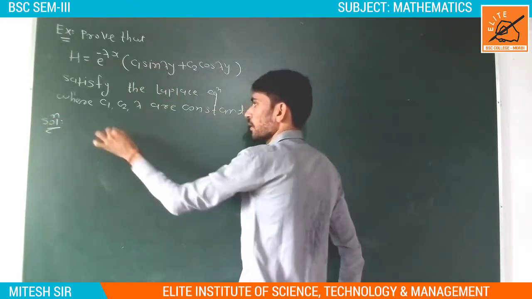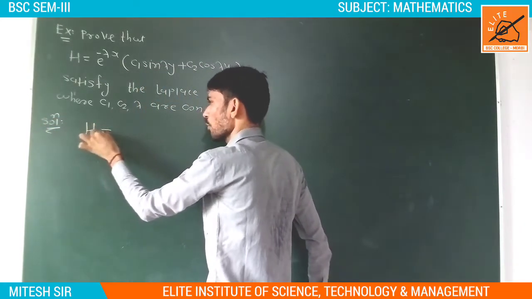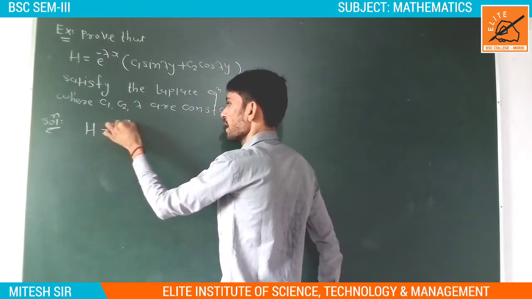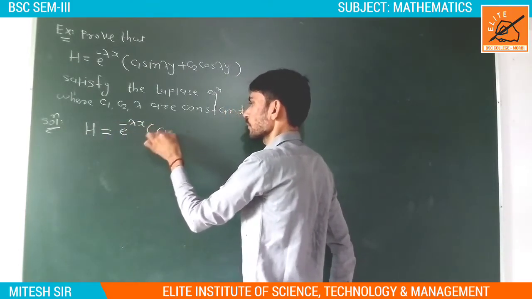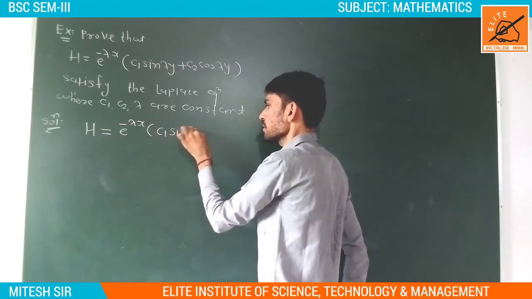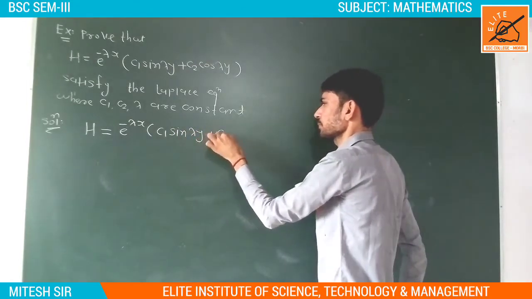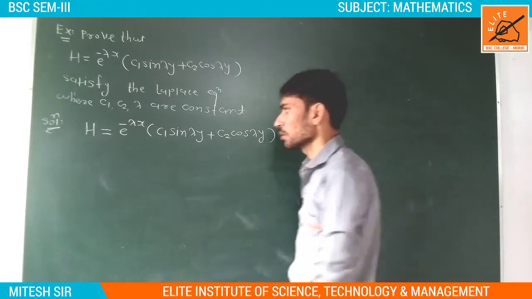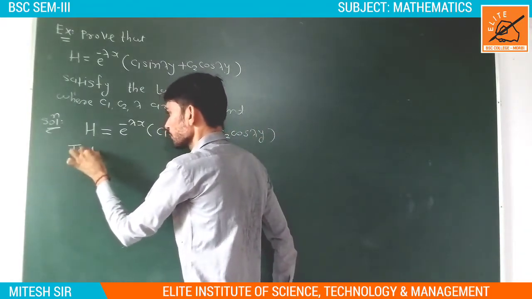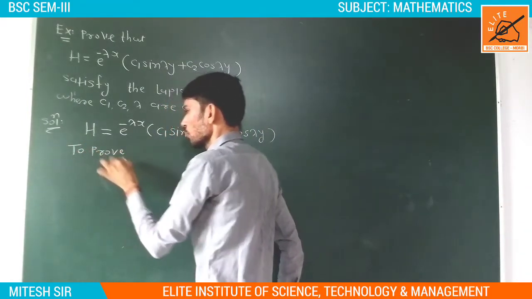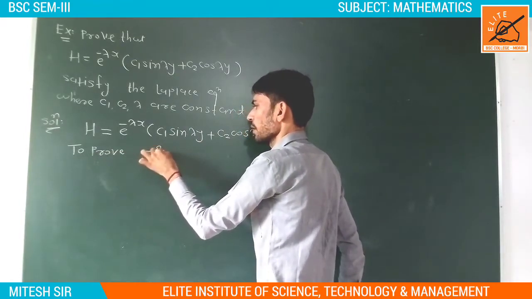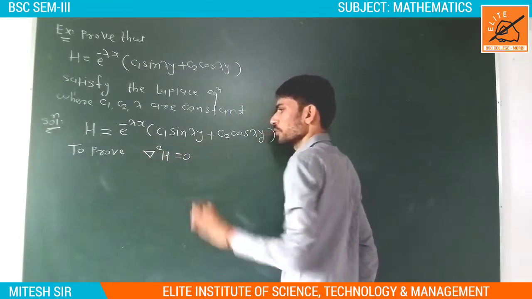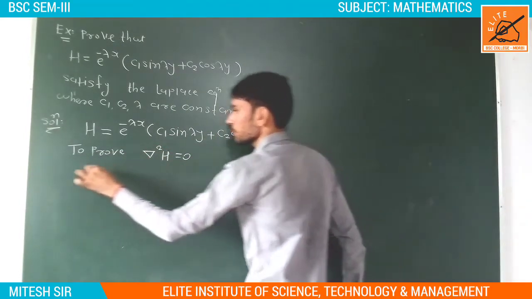First of all, here we write our scalar function. We have been given it in the form of capital H: e raised to minus lambda x, times c1 sin lambda y plus c2 cos lambda y. So here we write, to prove nabla square h is equal to 0. That means to prove